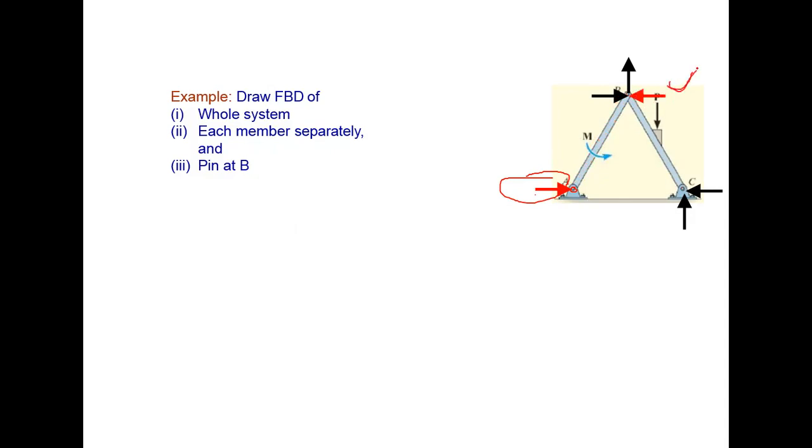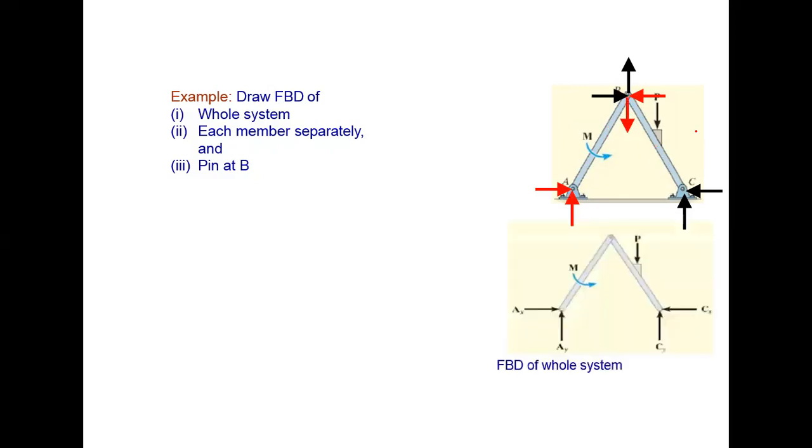Okay, fine. Next, you will get one vertical reaction here. So let's apply the vertical reaction here. And to balance this vertical reaction, you will get another vertical reaction at point B. So in this way, you can apply all the internal or external forces on any system, right? Once we know all the forces acting on the system, then we can easily draw an FBD.